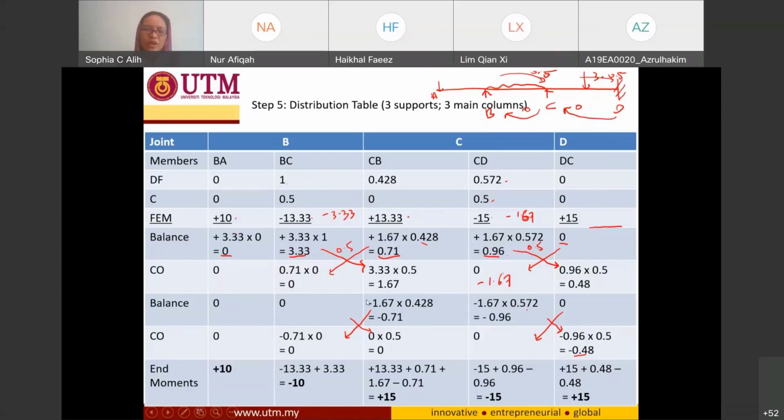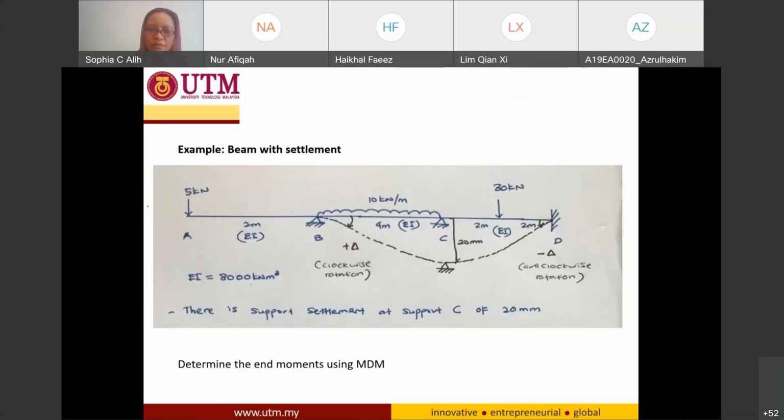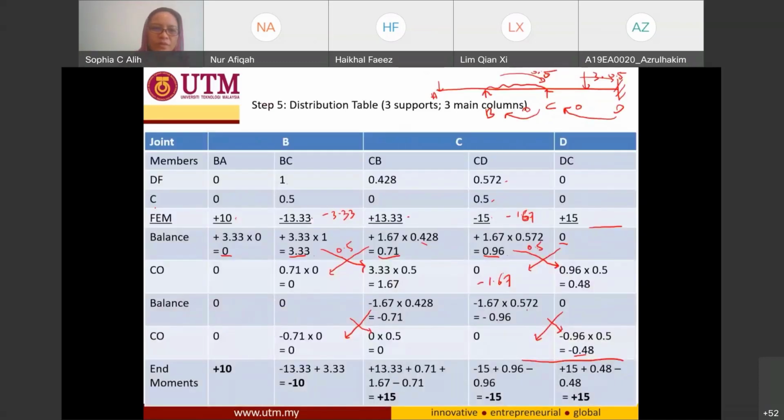So after 3 steps you can stop, and when you stop over here, this is the time when you just have to sum up all the moments that you have already calculated. Now bear in mind that it should start from here, so it starts from here